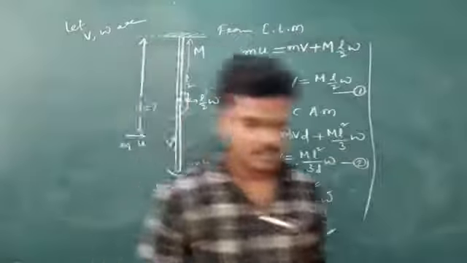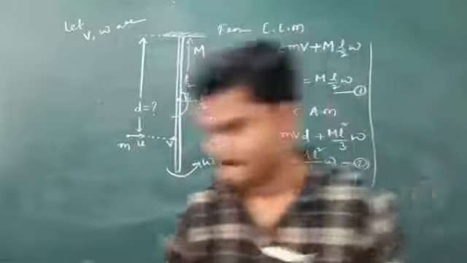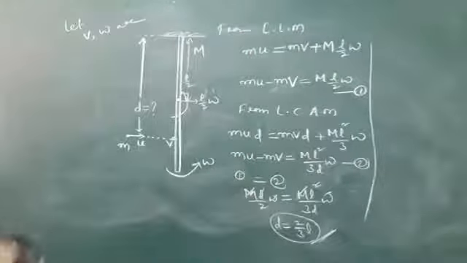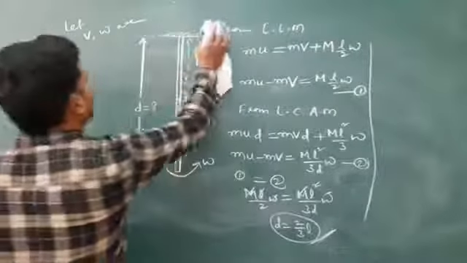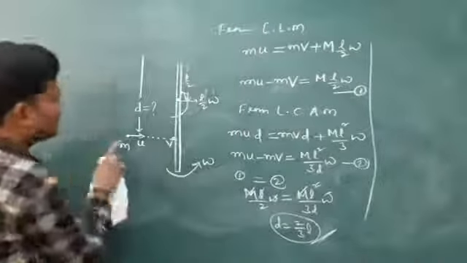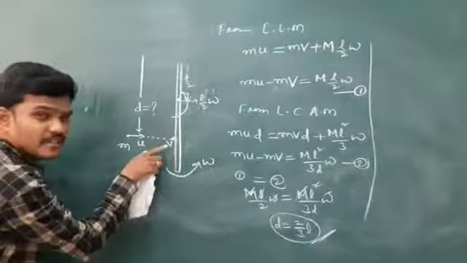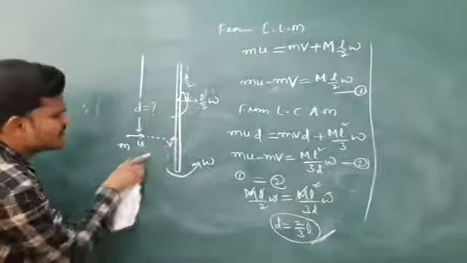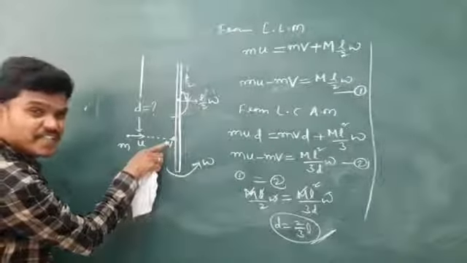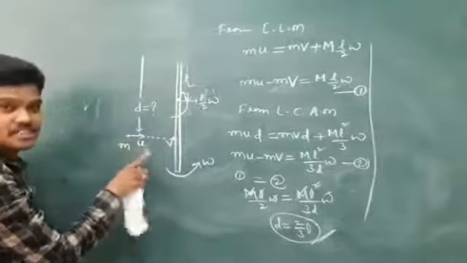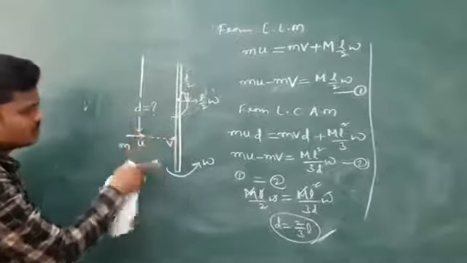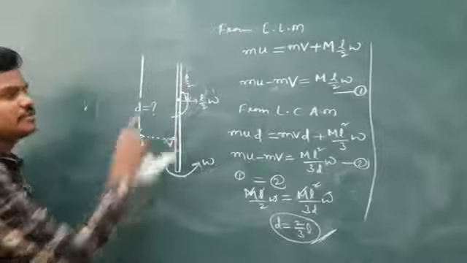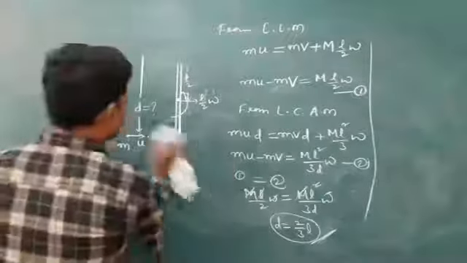And see one more. So let me continue with one more problem. Plenty of models are there. This ball may hit at some angle also. If it hits at some angle, say 37 degrees, then resolve the components, like mu cos 37. You resolve the components, then you continue the same model. And see the next one.